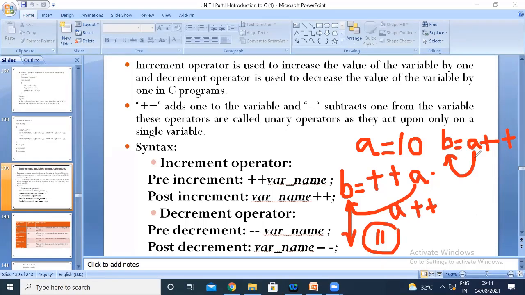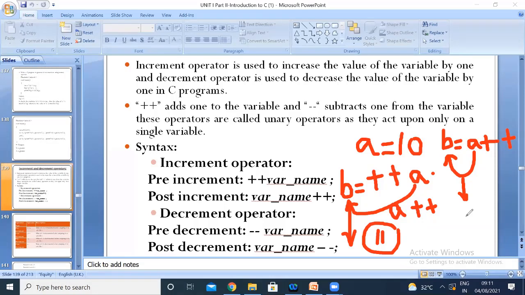A's value is assigned to B, then the value of A is incremented. Try to understand carefully. You assign the value of A to B first, then perform the incrementation.